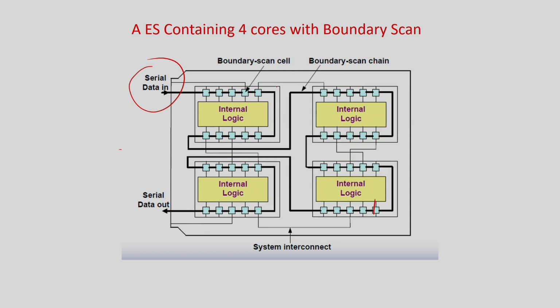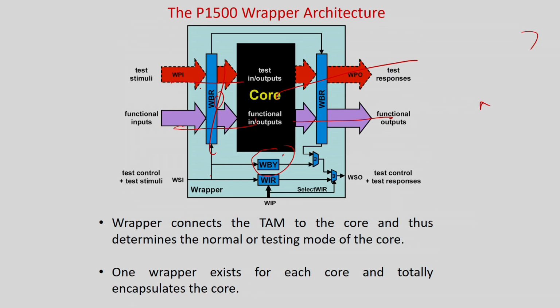In bypass mode, it is not shown over here, but bypass means the data will not flow over here, rather it will directly come over here. From here it will be coming over here. Bypass means it will not go around, there is a bypass way. Because I know that I do not have to test the chip, it will be bypassed, it will be coming over here, then again it is bypassed because I am not going to test it, it will again directly come over here, and then it is going to test this part. So bypass means I do not have to scan throughout this. Instead of going around, I can directly send the test pattern out here. So this is called the bypass register.